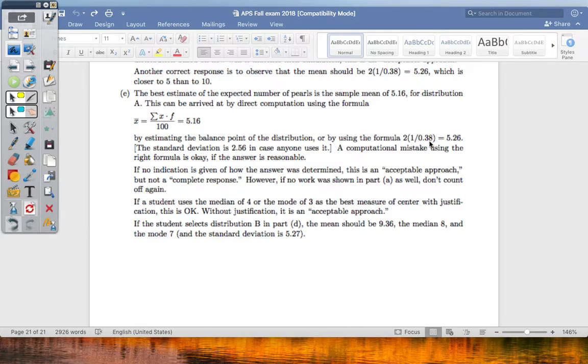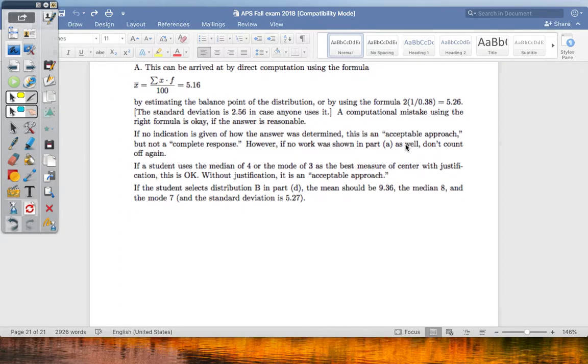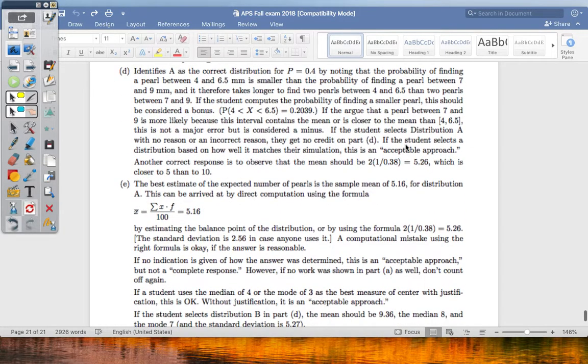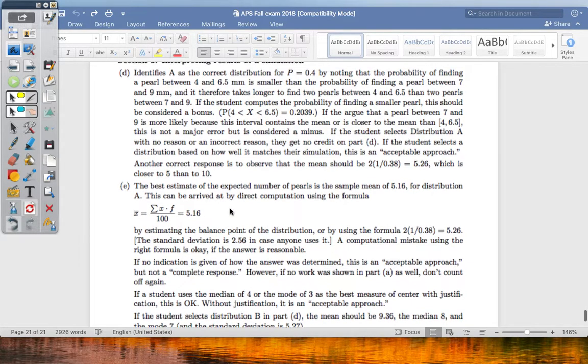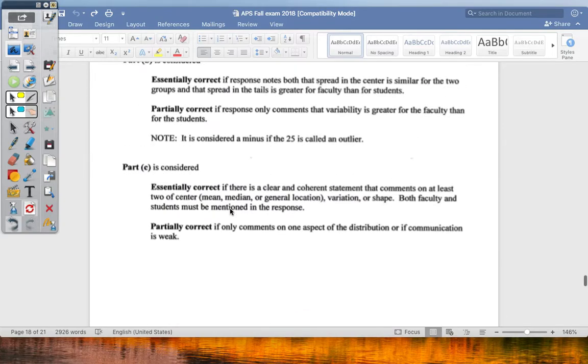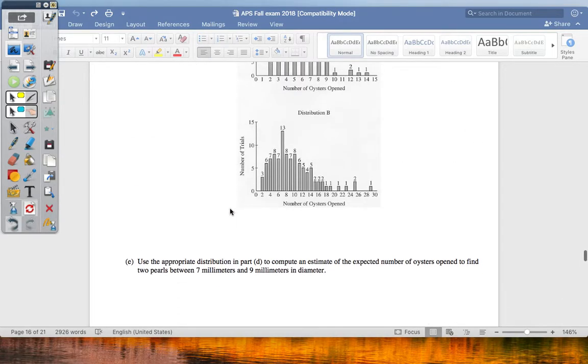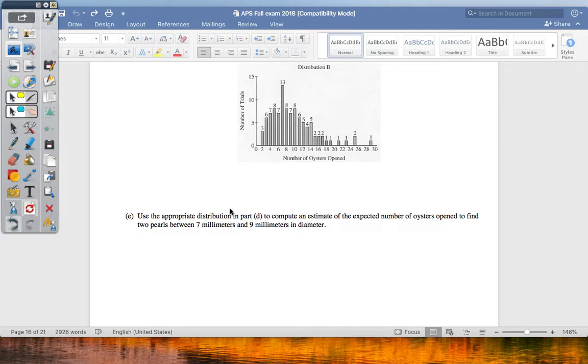1 over 0.38, right, is kind of what we have here. We multiply that by 2. So yeah, we're just looking at the sum of what our x values are multiplied by that probability divided by 100. And that's really what we're looking at in terms of part E there. If you have other questions on how that was solved for,